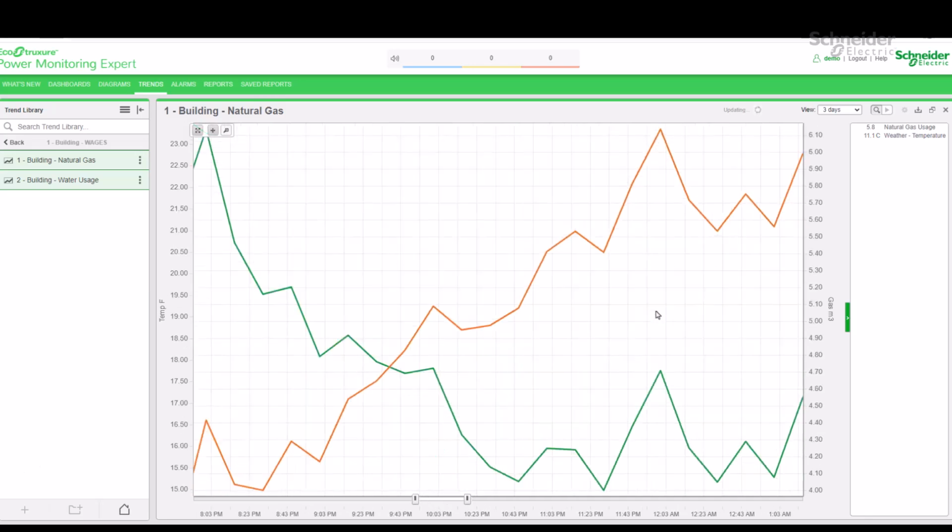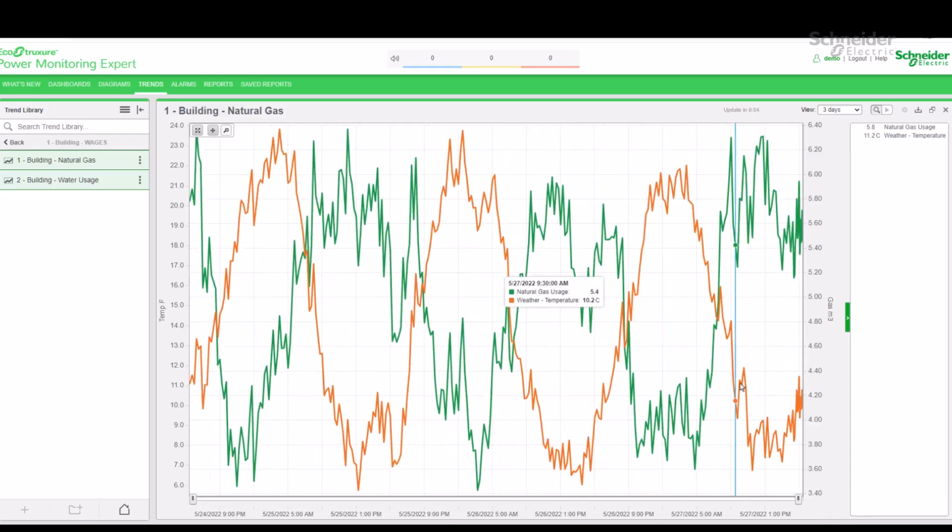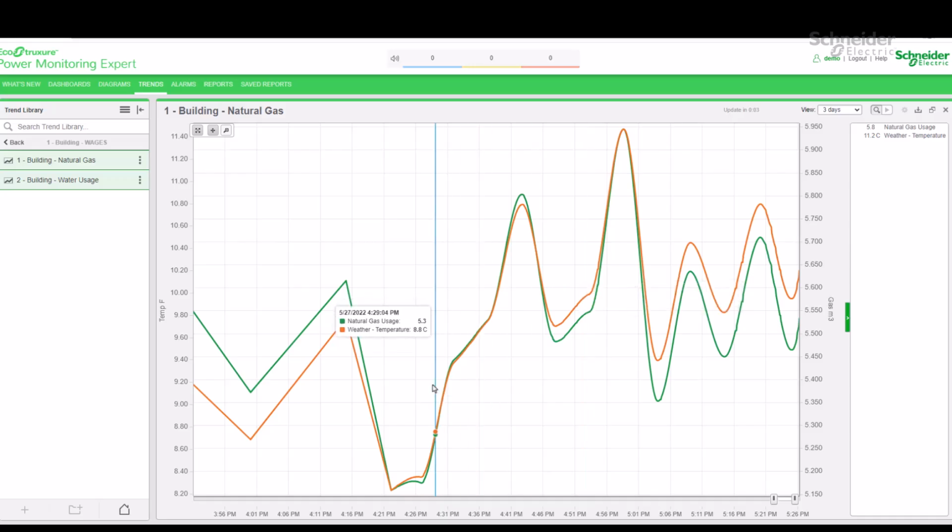In contrast, if I zoom into the most recent 30 minutes to 1 hour, I can see that some of the data has better resolution than 15 minutes. Starting from 4:22 p.m. onwards, I have a data point every few seconds. This is because I selected this trend at 4:22. While the trend is open, it has been collecting and showing data, both historical from the database and real-time communication data from the devices.